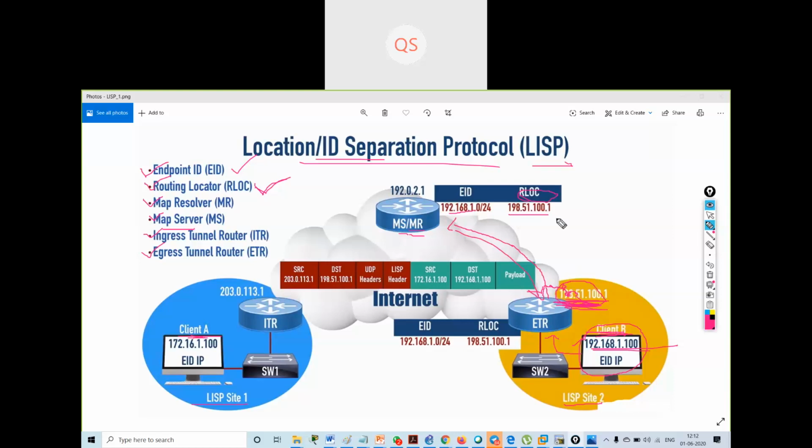Got it? Now they register their information over here, and the map resolver gets the information from the map server.